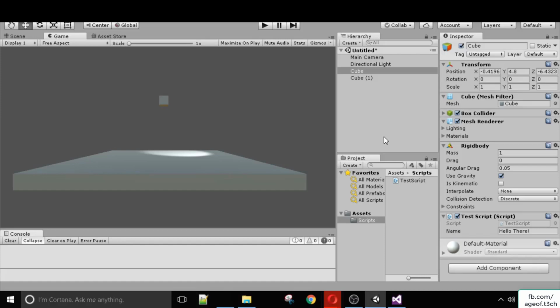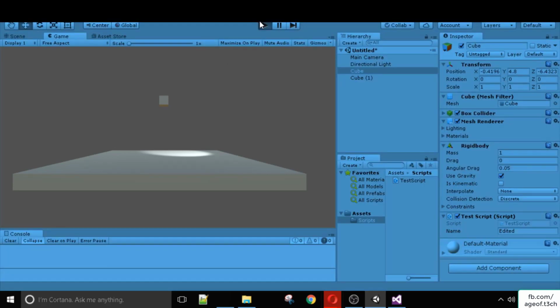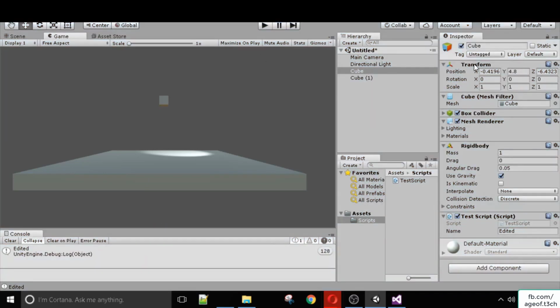Hello and welcome. So last time we created our own component, mainly this script called test script, which has this string parameter here, which we can edit. And it takes this string and places it and debugs it here, each frame of the game. We can also get references to these other